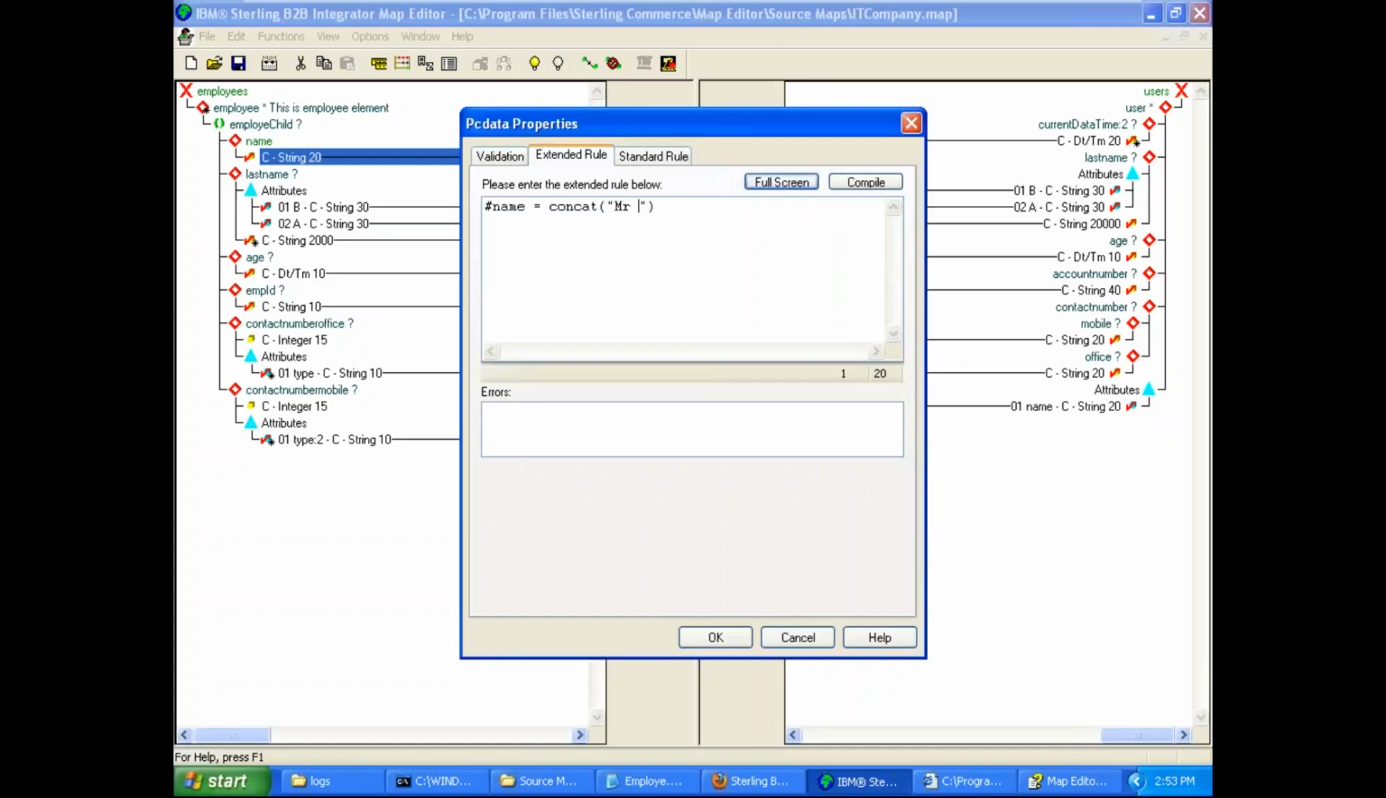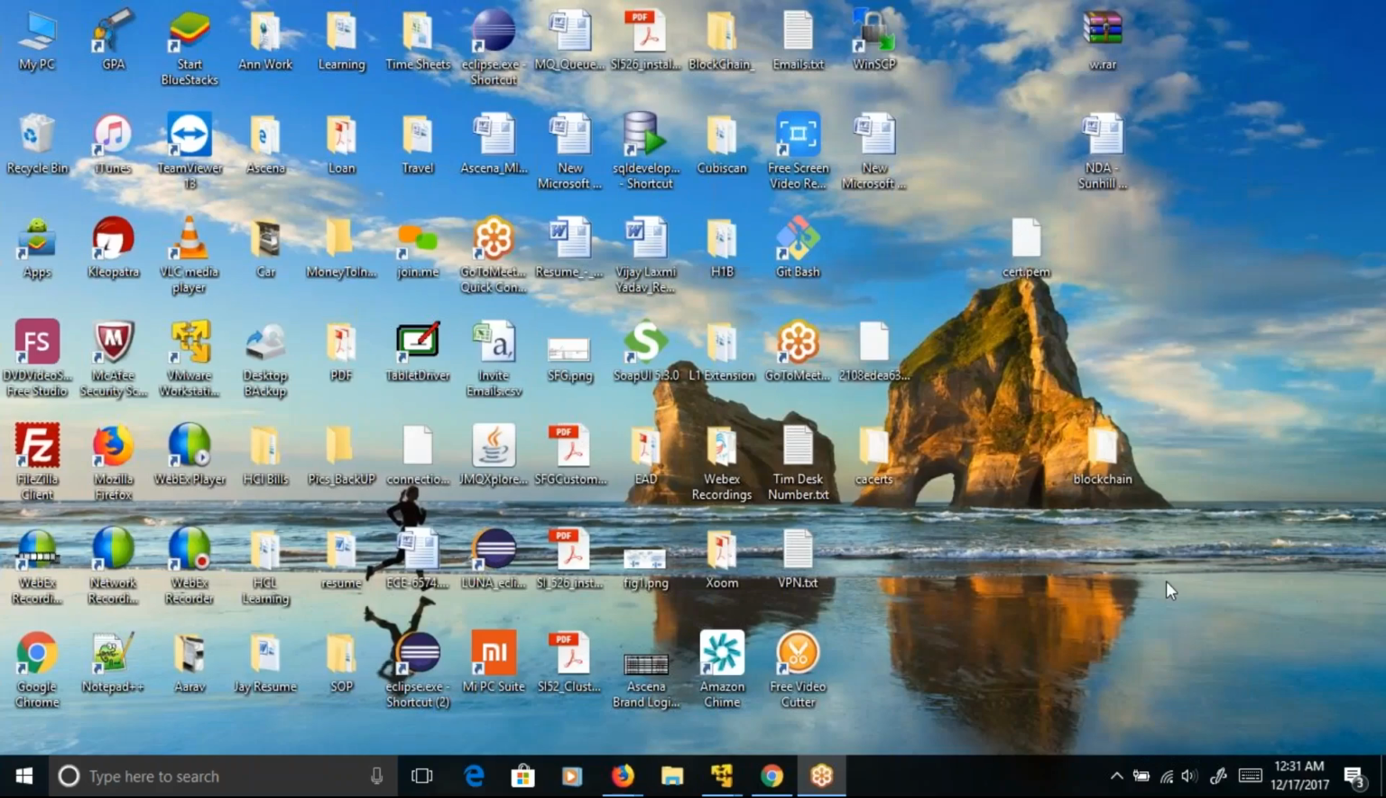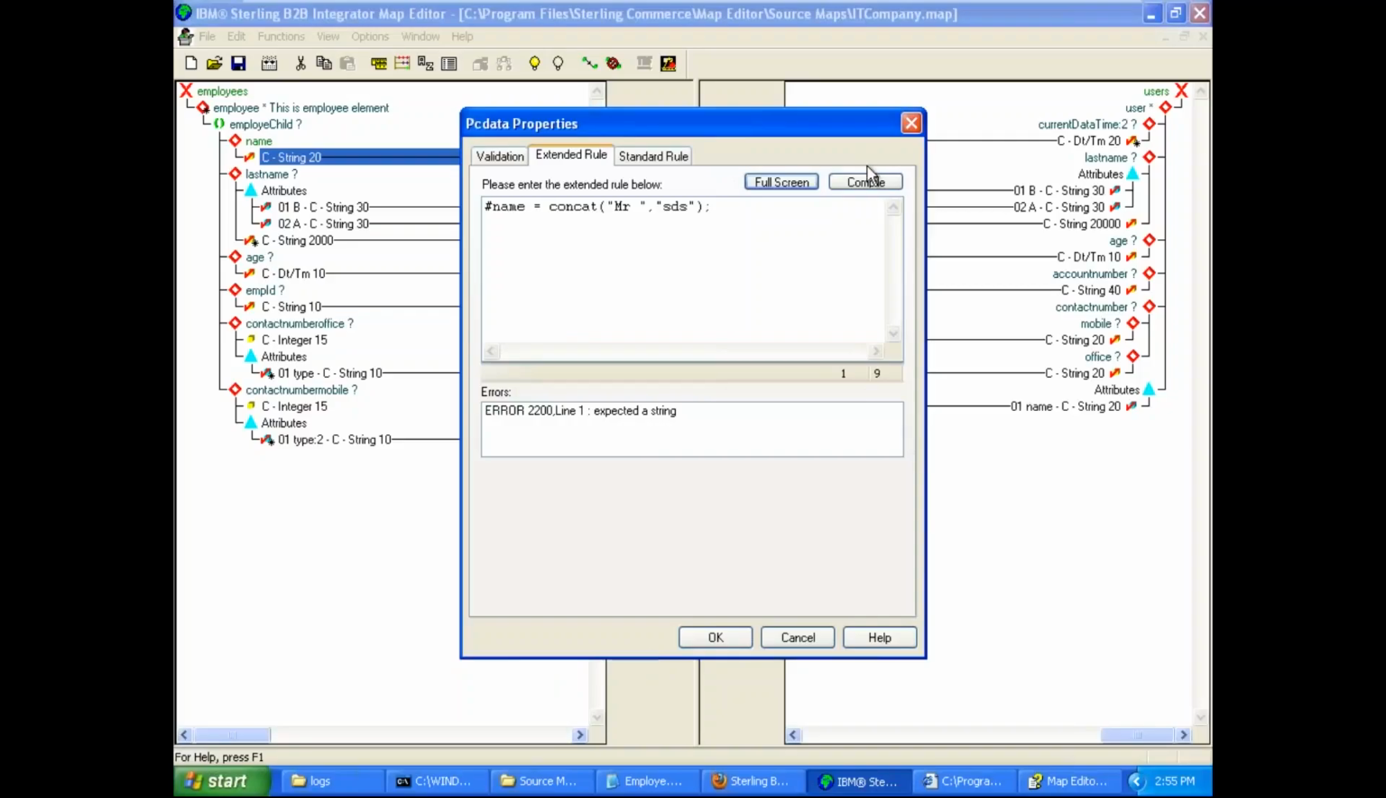Mr. space, comma, another string that you want to concatenate. So another string is name itself. Okay, actually I got confused, sorry. So here,